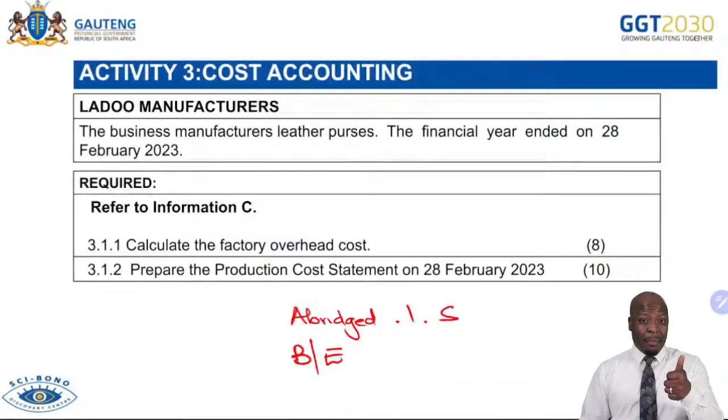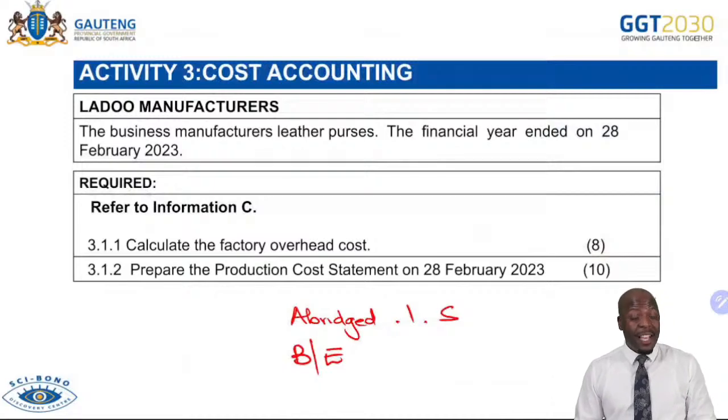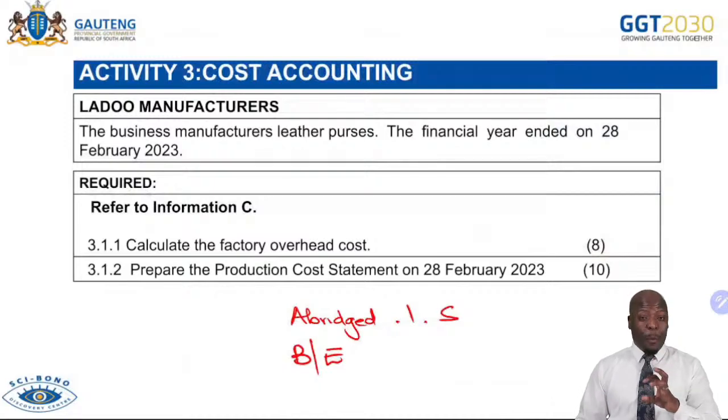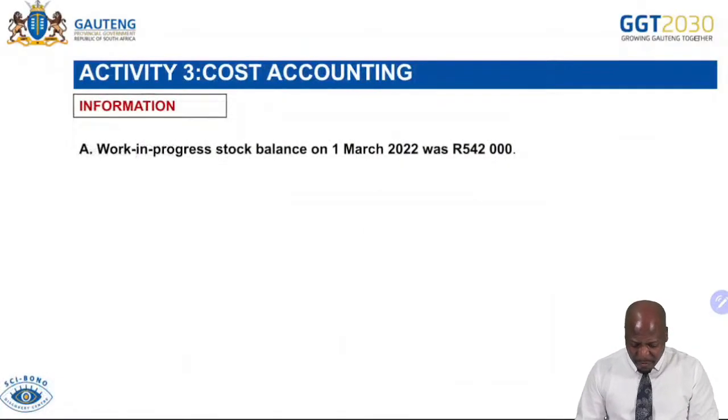The control of direct labor, the control of direct materials, whether it was wasted or it was stolen. These are certain aspects that I need to bring to your attention. But of great importance, break-even calculation and commenting. All right, before I go on, please be reminded, internal control, very, very important. All right, so let's start with our factory overhead calculations.